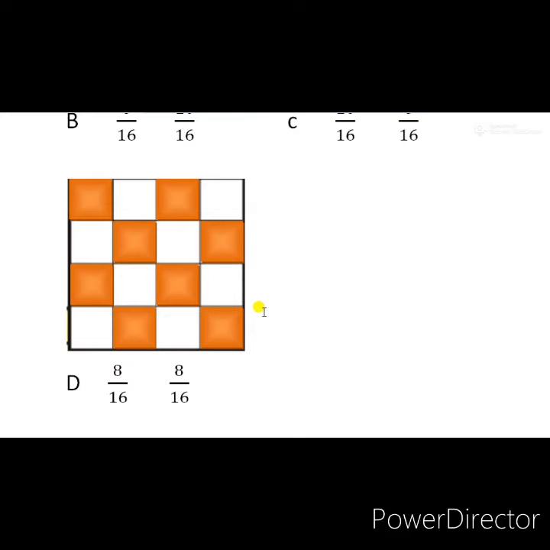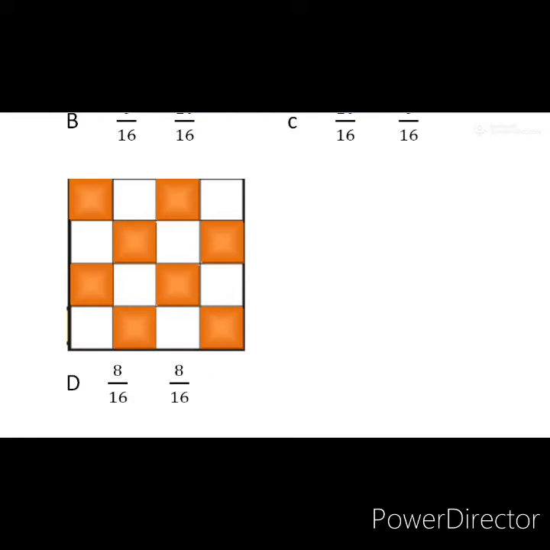For grid D, I have selected half of the boxes to color and half not colored. That means out of 16, because in all the grids there are 16 boxes. In this grid I selected half to color. That means alternate boxes I gave orange color and the boxes in between remained uncolored, that means white color. So the fraction here is 8 upon 16 and 8 by 16. That means equal, just like our first grid, grid A given in the picture.